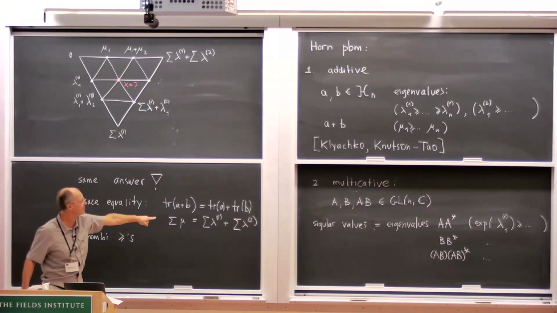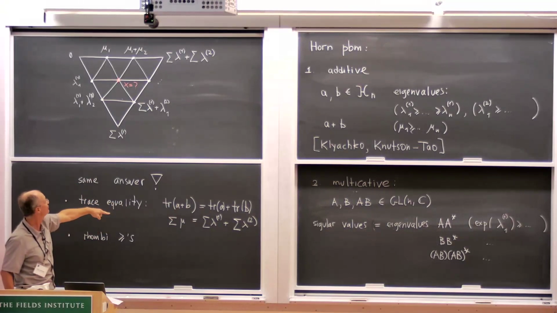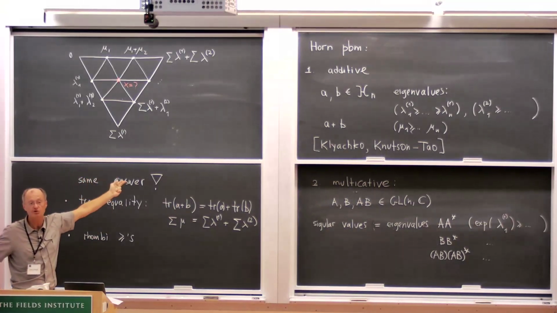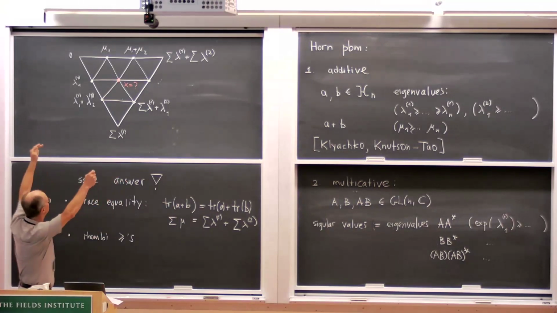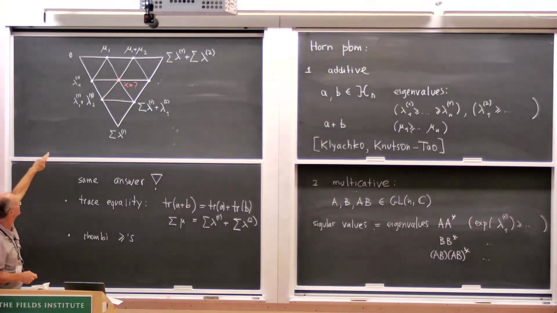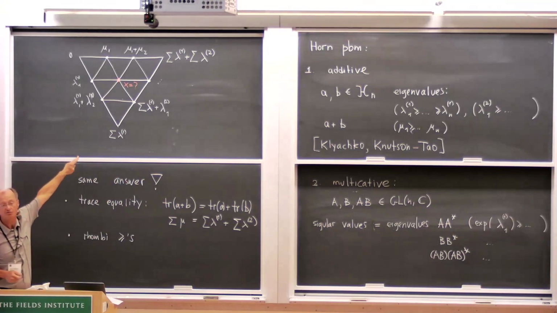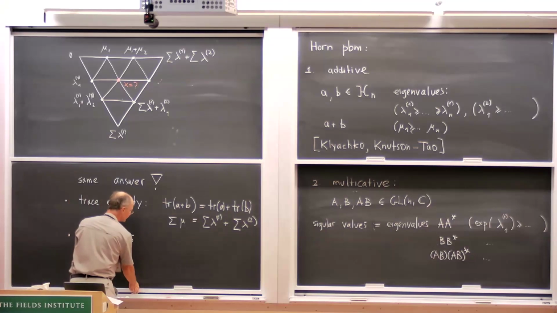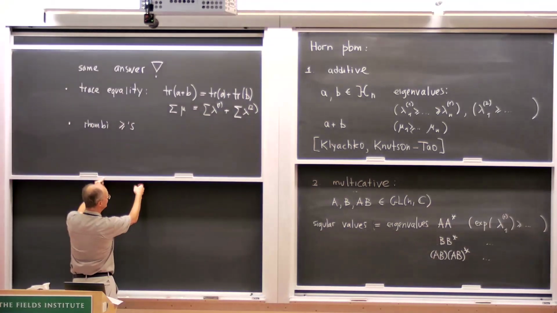Since the sum of lambdas is equal to the sum of mu's, then at the top right corner, the values agree. So now you know what to write on the edges of the triangle, and then the claim is as follows. The mu's are good if you can find the filling of all the nodes in the middle, of all the vertices in the middle. Here in my example, there is only one. So you need to write some letter x there. This letter x should satisfy the following condition.